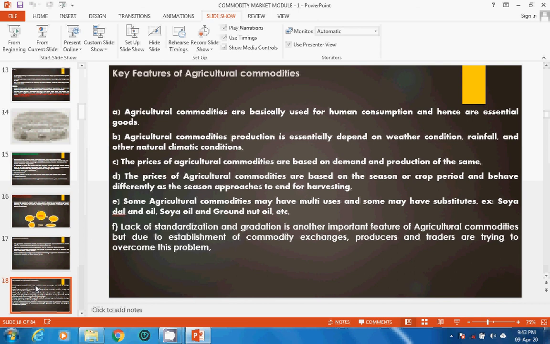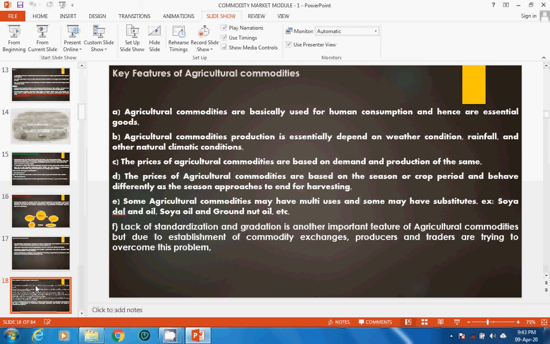So let's understand the features of agricultural commodities. As I told you, agricultural commodities are soft commodities. They are basically used for human consumption and hence are essential items. Agricultural commodity production is essentially dependent on weather conditions, rainfall and other natural climatic conditions. The prices of agricultural commodities are based on the demand and production of the same. When the production is less and demand is more, obviously the price of these commodities will be high